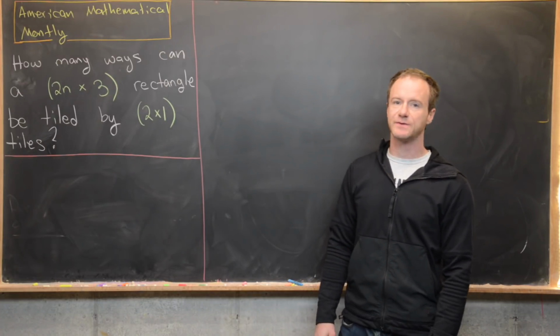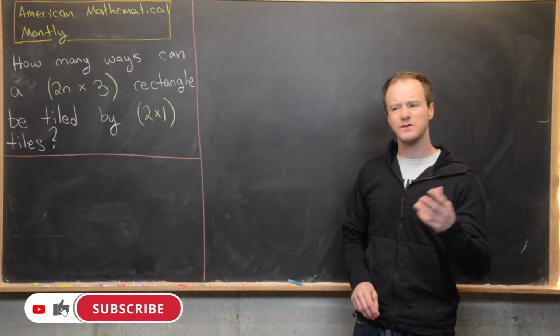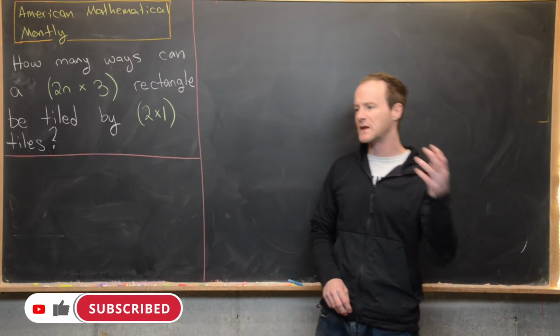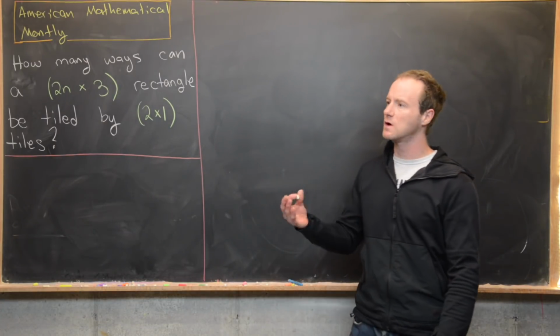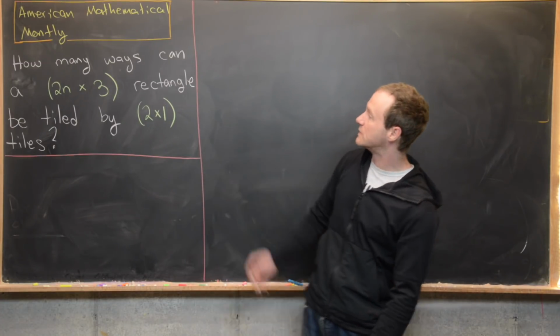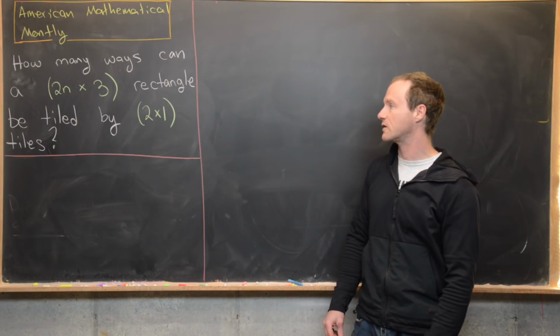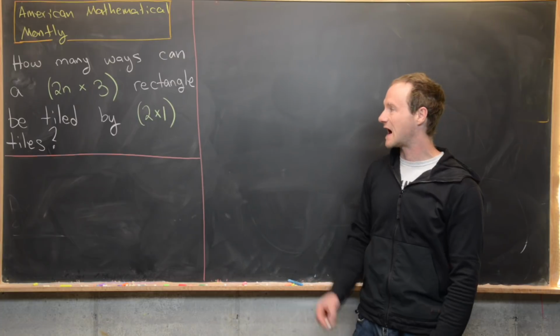Here we're going to look at an interesting problem that came from the American Mathematical Monthly. So it's kind of a combinatorics problem in that we're counting some things, but we're also going to use some linear algebra along the way. So what we want to do is decide how many ways a 2n by 3 rectangle can be tiled by